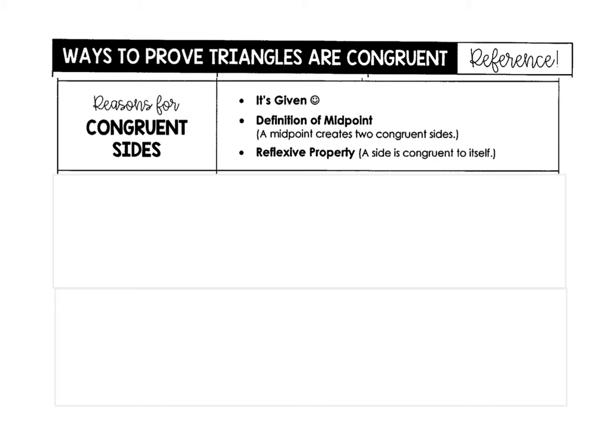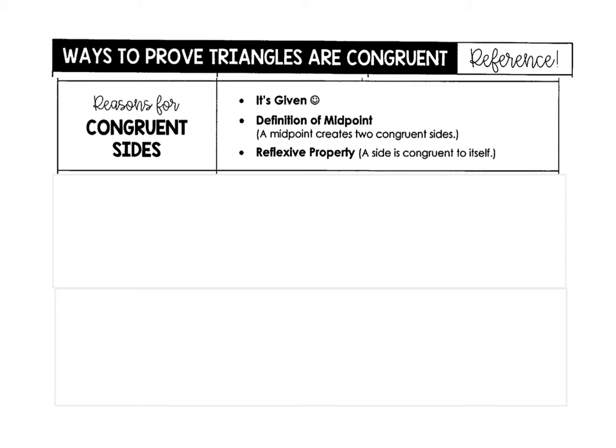Okay? And so what you're going to have is you're going to be given a figure. They're going to give you certain information, and you're going to have to use that information to prove that the two triangles themselves are congruent. And then sometimes you'll have to prove after that that a specific piece of the triangle is congruent to another piece of the triangle. The first thing I want to talk about is reasons that you would have congruent sides